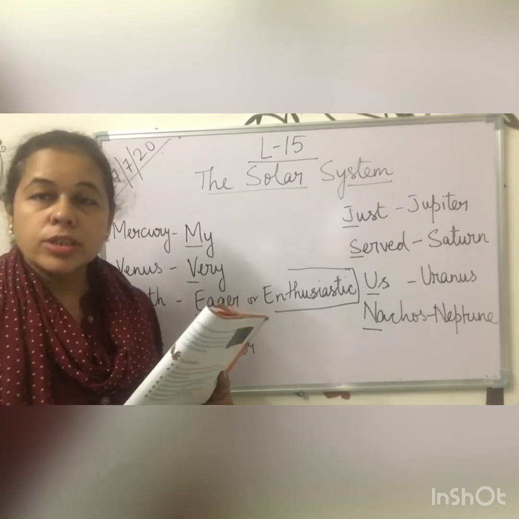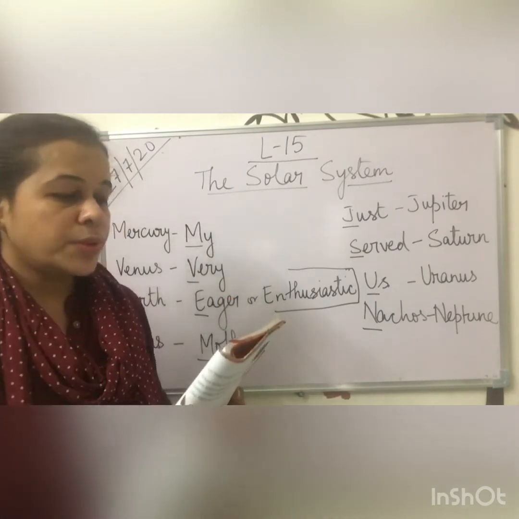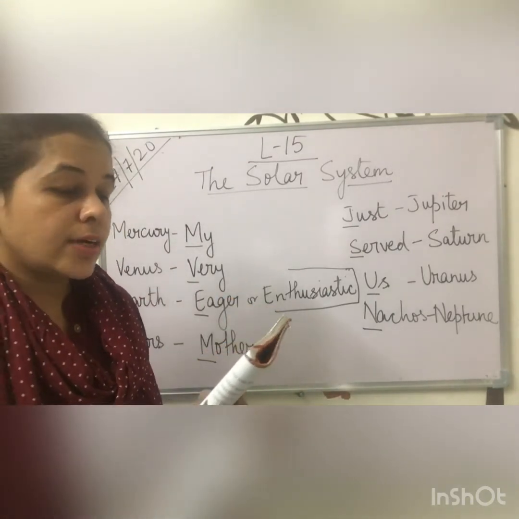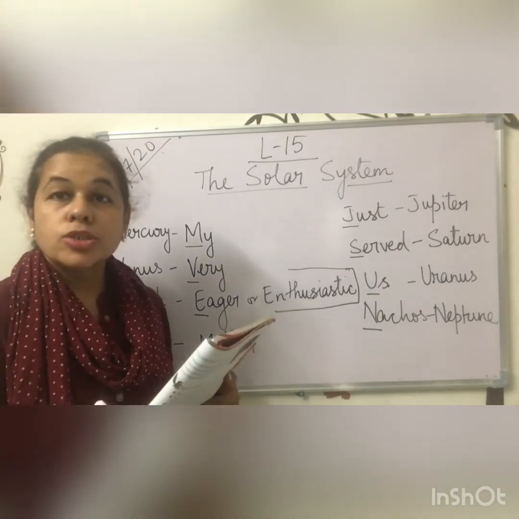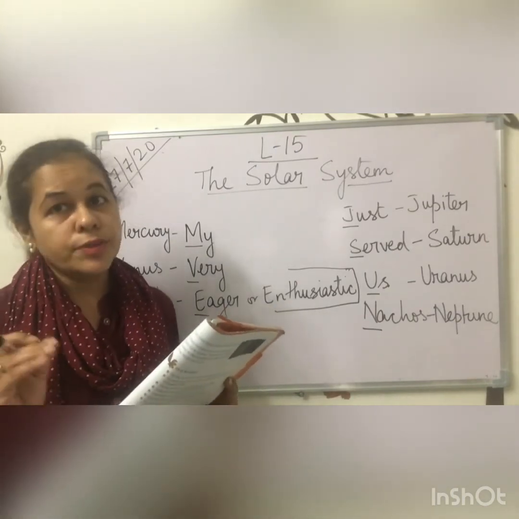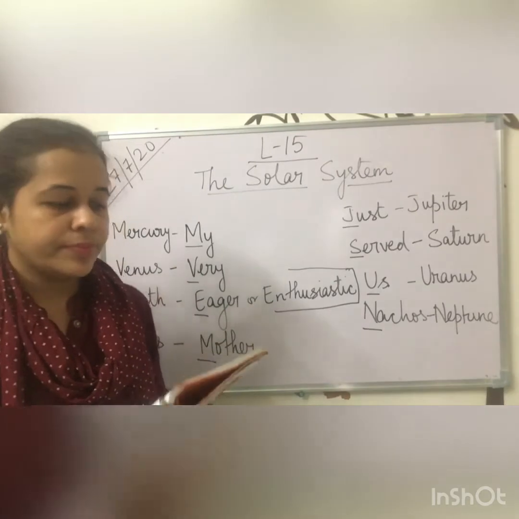Uranus spins around the sun lying on its side. So along the sides of the sun, Uranus spins. It has many dark rings around it and has many satellites. So Uranus has many satellites of its own, natural satellites.